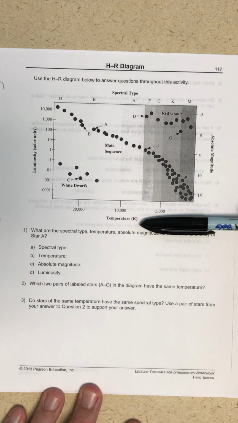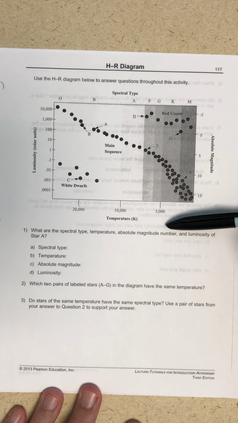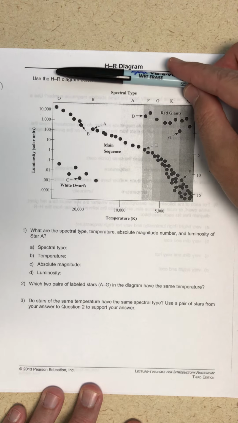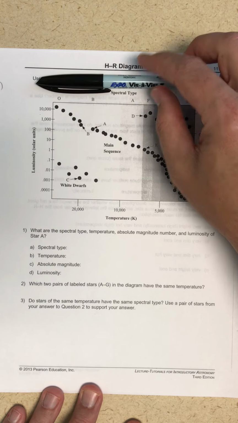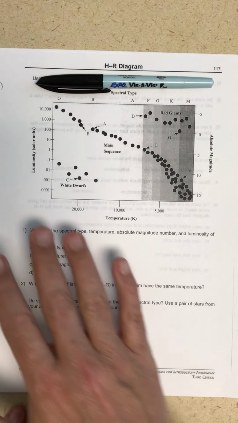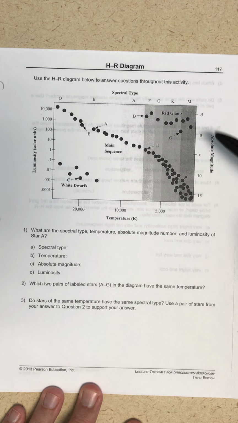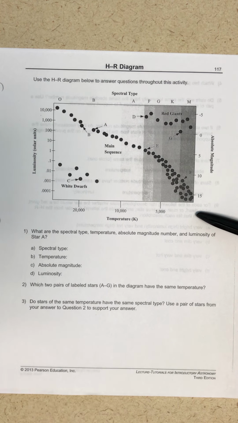Instead of temperature, you could just have a spectral type for the star, and the spectral type is telling you the temperature. So we could also have an HR diagram of luminosity versus spectral type, and stars will fall into the same pattern. And if instead of knowing the luminosity, what we have is the absolute magnitude, then you could make an HR diagram out of absolute magnitude versus temperature, or absolute magnitude versus spectral type. We're not too concerned about absolute magnitude in this class because we're trying to avoid logarithms, and I think it's sort of